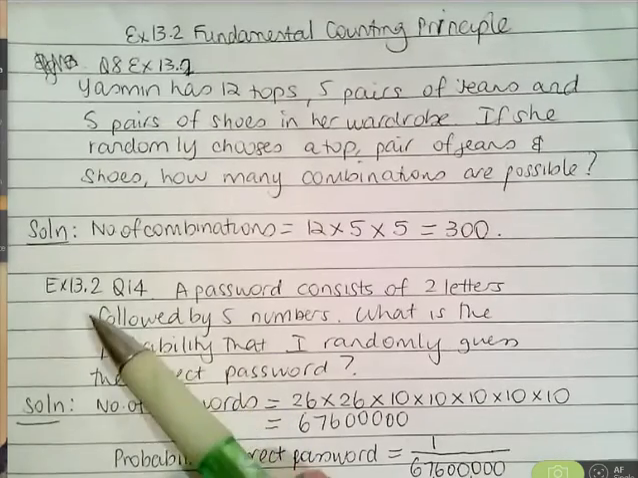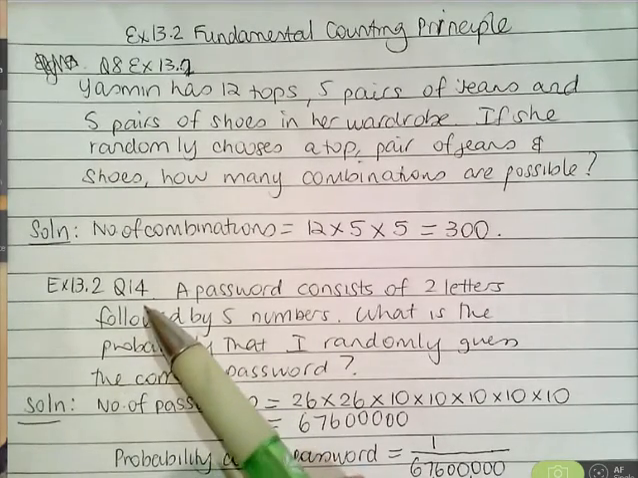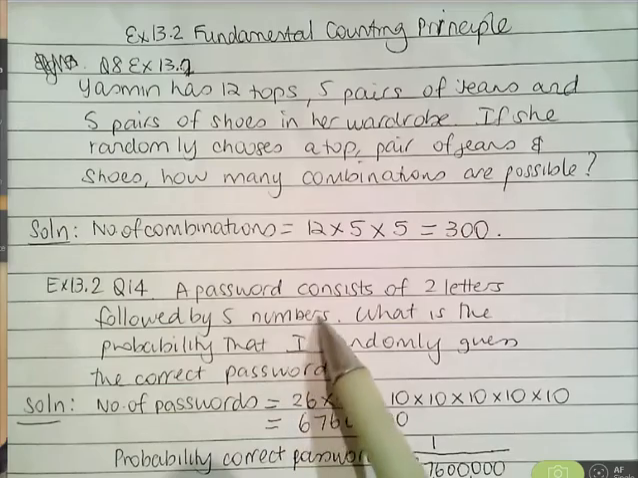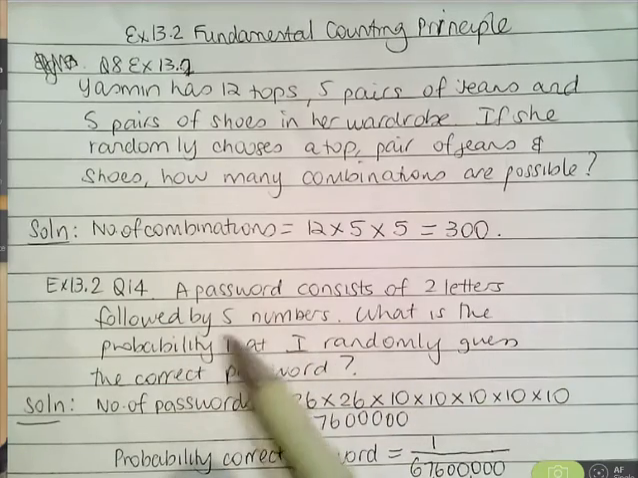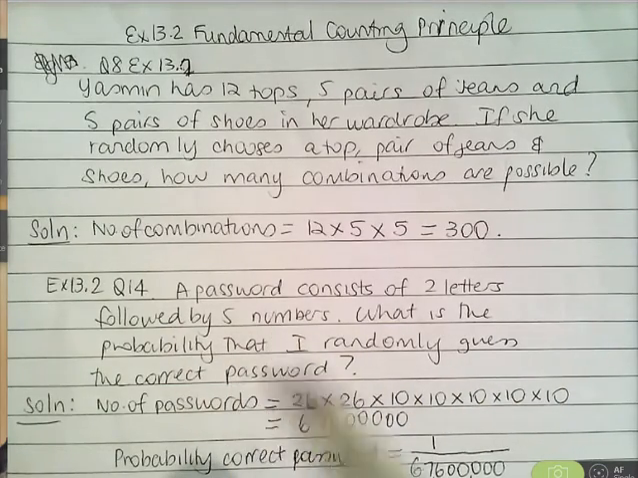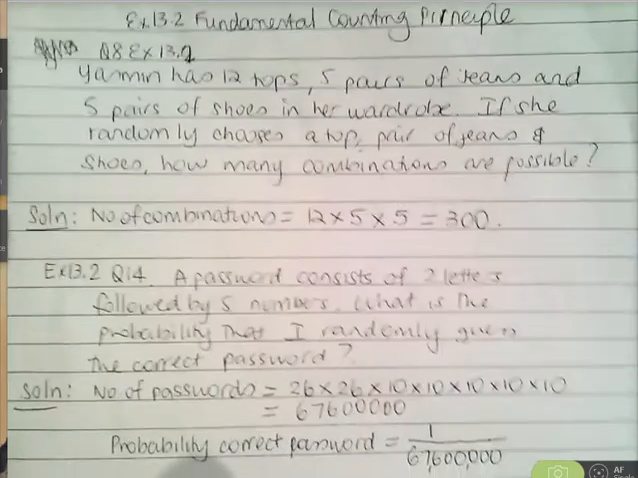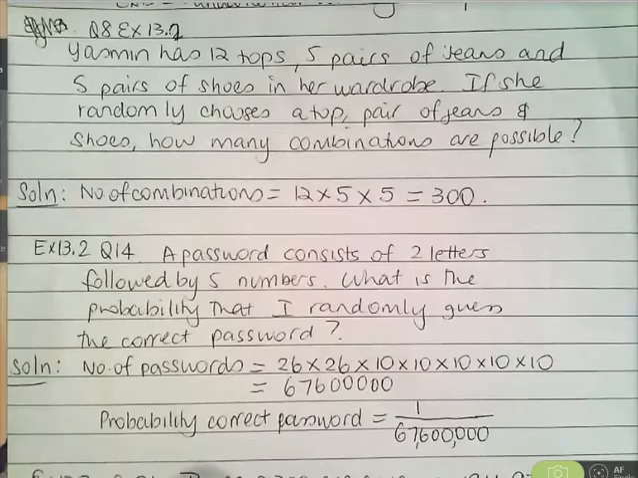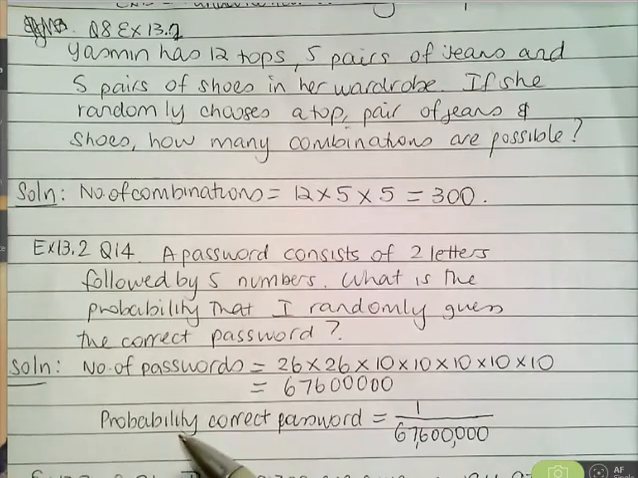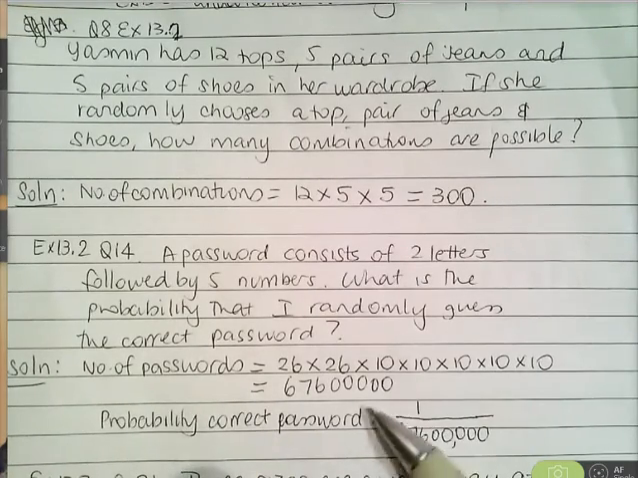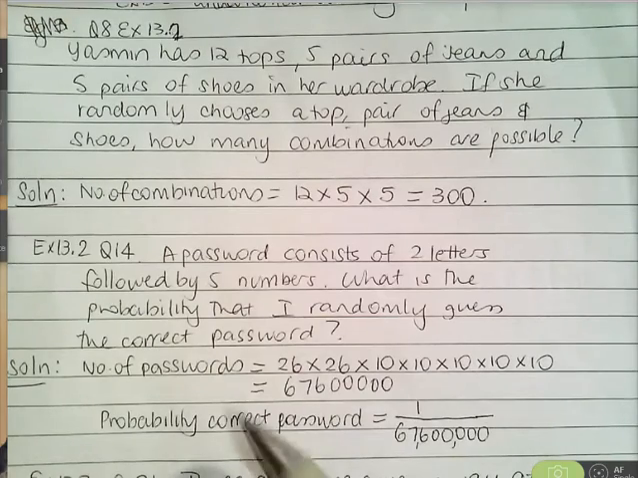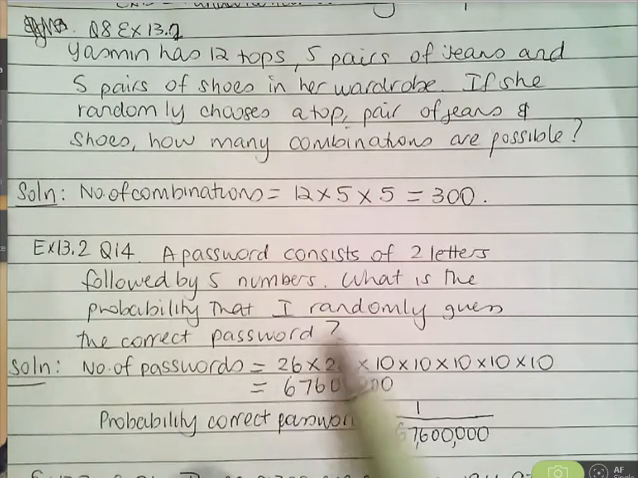Here's another question, exercise 13.2, question 14. A password consists of 2 letters followed by 5 numbers. What is the probability that I randomly guess the correct password? Now there are 2 steps here. First thing we need to do, remember probability is number of favourable outcomes over total outcomes. What you've got to do in the first part is work out how many different